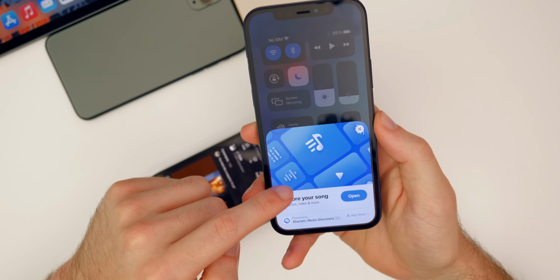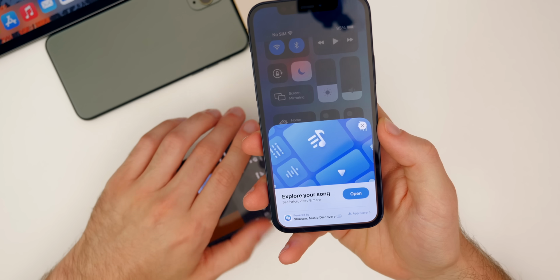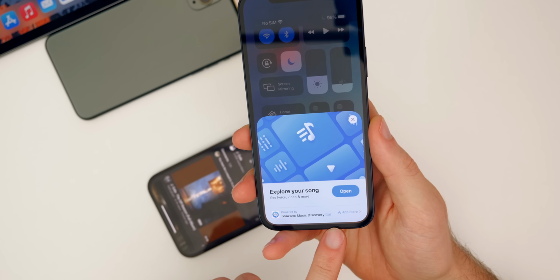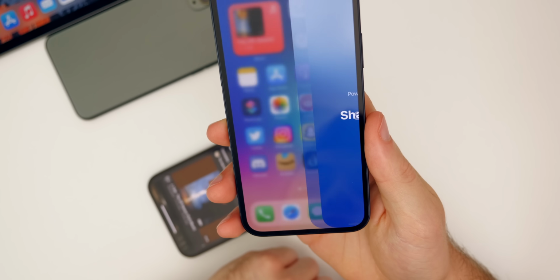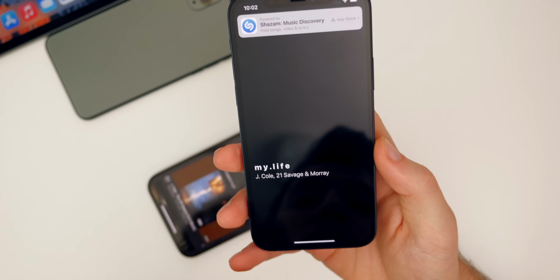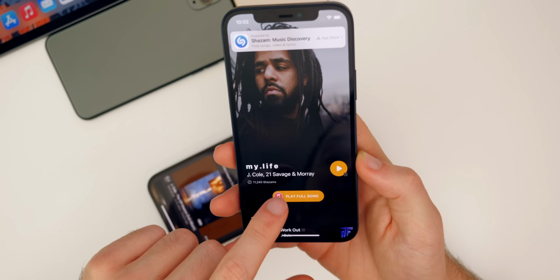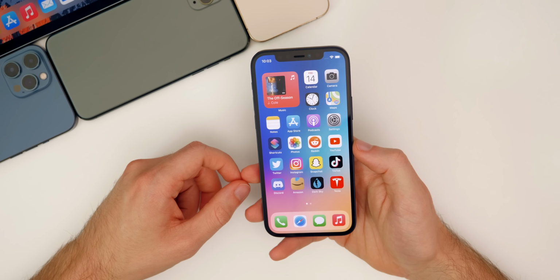So as you can see right here, instead of opening it up inside of Shazam, like in the browser in Safari, it used to open up Shazam.com, but now you can see here there's actually an app clip for Shazam, and it shows it right here. So if you tap on open, it will actually open up the Shazam application, even if you don't have it installed, thanks to the app clips. But aside from those, there are no additional features or changes that you can actually see,